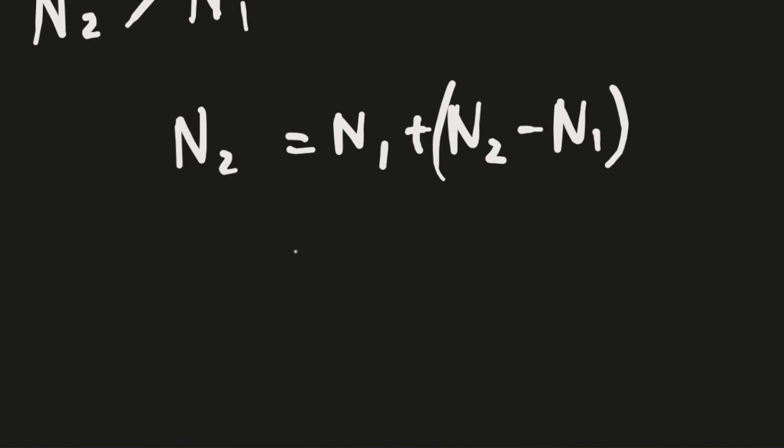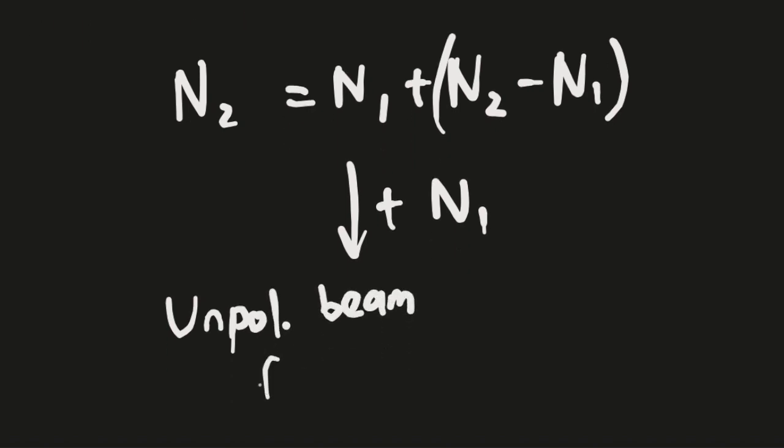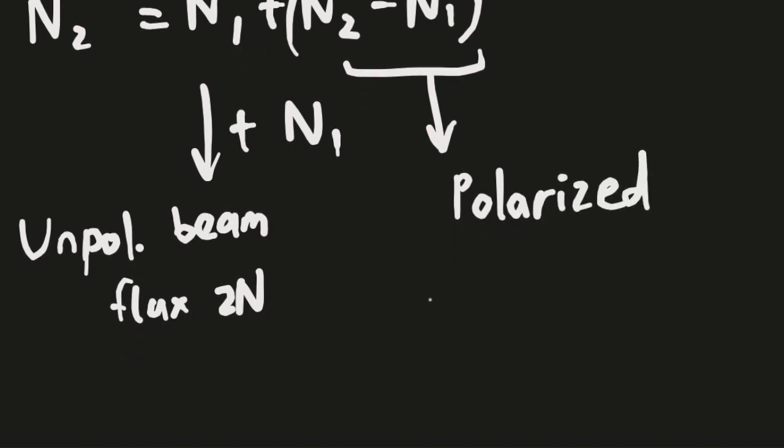Now, if we want the total outgoing flux, if we add n1, this term gives an unpolarized beam of flux 2n1, because this n1 is mutually incoherent to this, and then this is the polarized flux, and the degree of polarization is